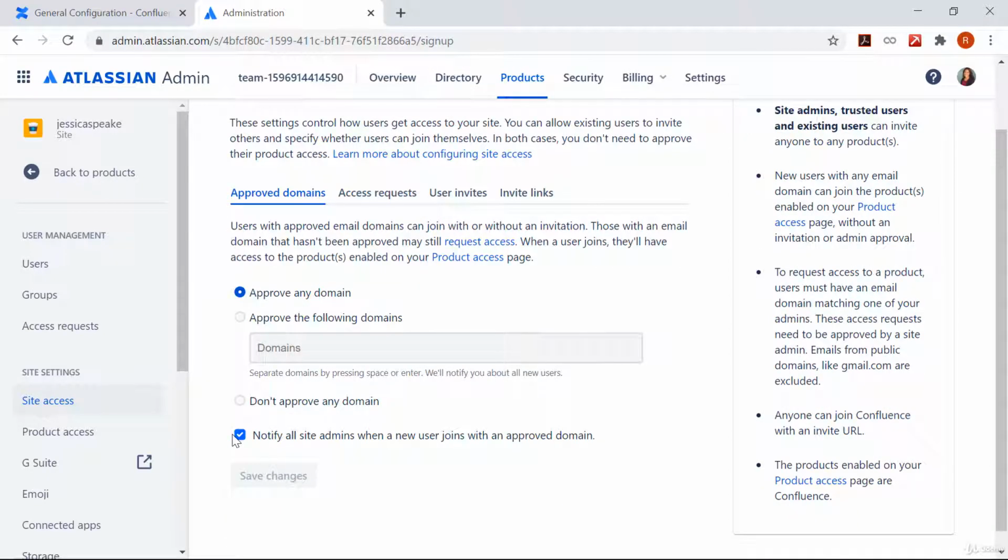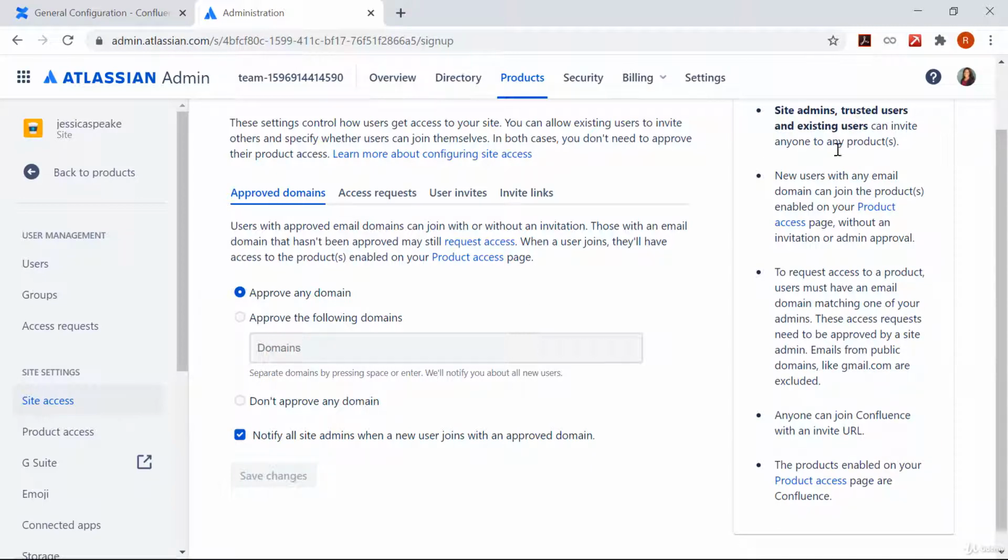Confluence also gives you the option to notify all site admins when a new user joins with an approved domain. This way you can still detect if someone is signing up who shouldn't, or grant extra permissions to users who need them.